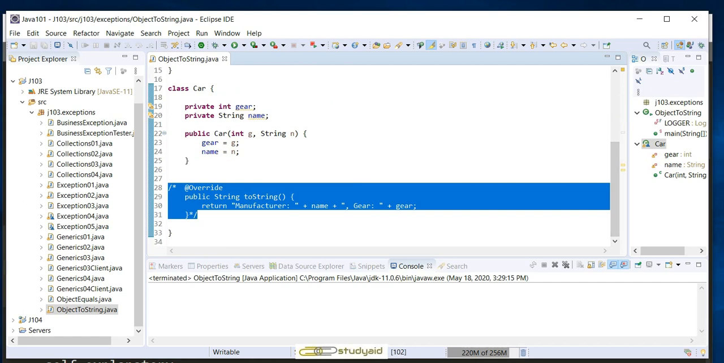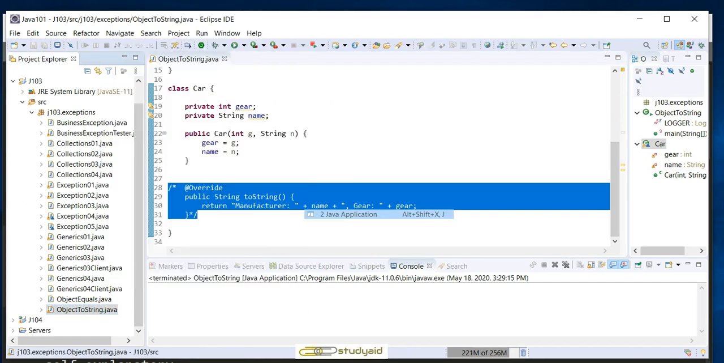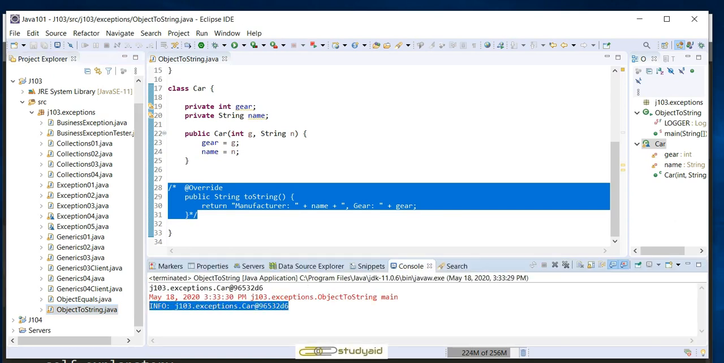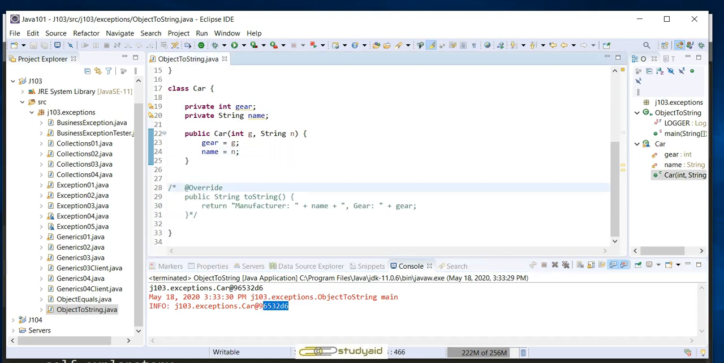So now if I'm going to run this, this implementation is the default implementation. I have not overridden it, and it's coming as the class name, the @, and then the hash code representation. So now if I'm going to override this,